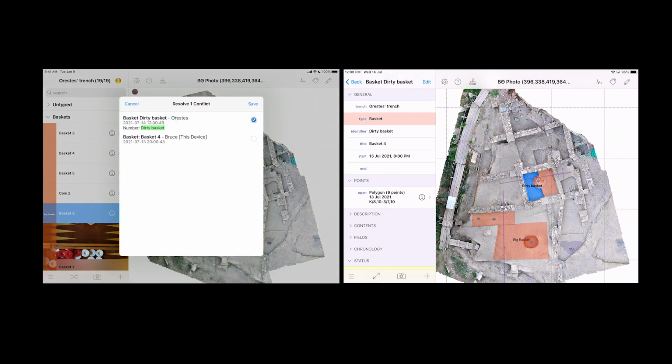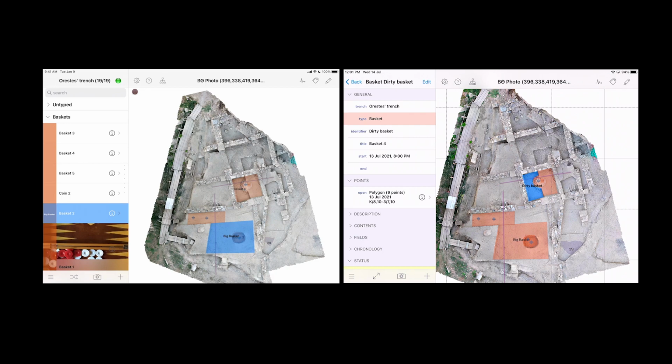let's say it comes in and it says, Orestes has renamed this dirty basket. Now, what happens if I say, I don't want his change, I'm going to keep it the way I have it myself? And now when I sync with Orestes, I've looked at his change and I've kind of gone ahead of it. So now if I sync with him, iDig's telling me, okay, you're basically the same as his from your perspective. But if he tries to sync with me,